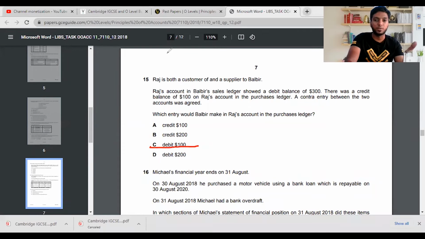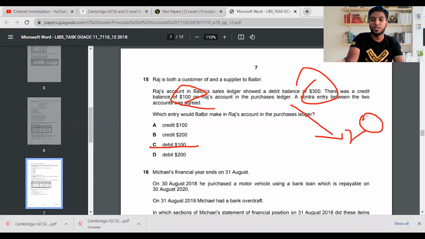So it's not that a confusing one, but what students think is, okay, they are asking set off and they go easily for the answer. They take this 300 and deduct the 100, setting off and taking it as 200. Actually that is wrong. They didn't ask what is the amount that will be balanced in the debtors account. They ask what is the balance that will be available in the purchase ledger. I mean, on which side you are going to deduct, and what is the amount they're asking.